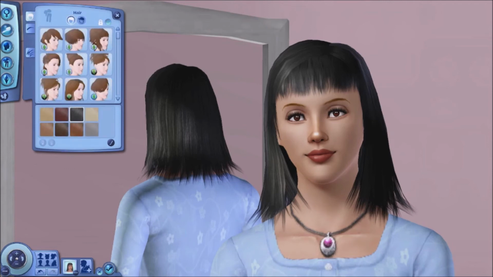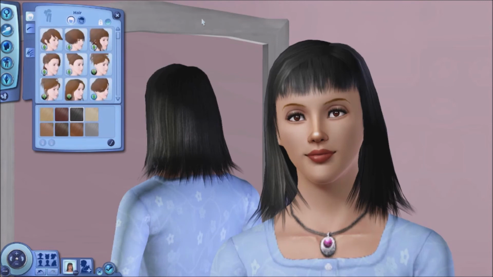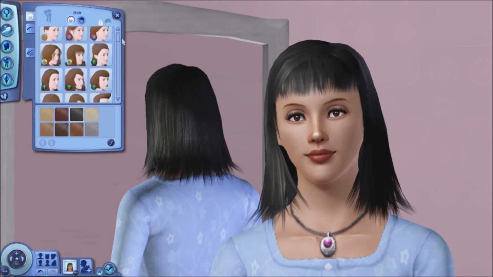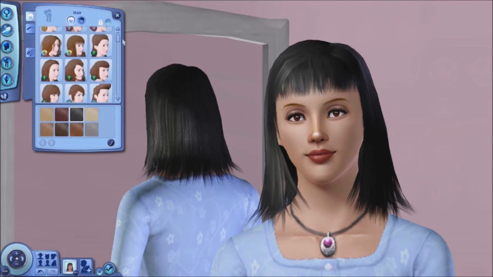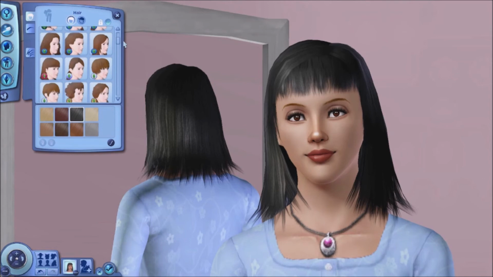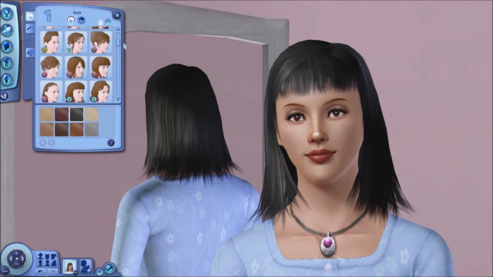So now they finally loaded up, which didn't take as long as I thought, but it still took a minute. Let's start at the top. As you can see, we have Into the Future hairs at the tippity top because this is the last expansion pack to come out for The Sims 3. Then you have movie stuff right after, then I'm in Paradise, University, 70s, 80s, and 90s stuff, Supernatural, Seasons, Showtime, Master Suites, Pets, Town Life, Generations,